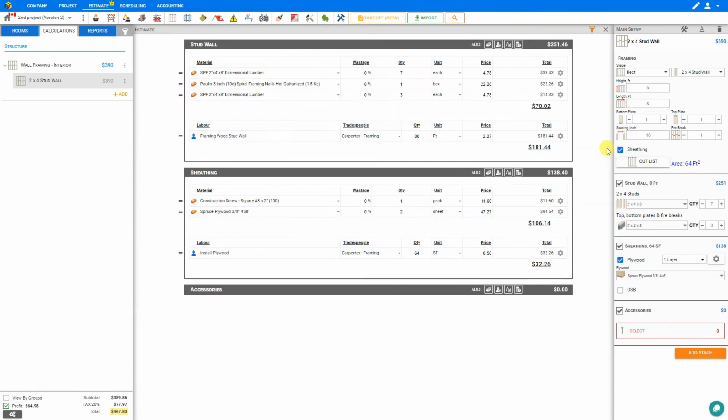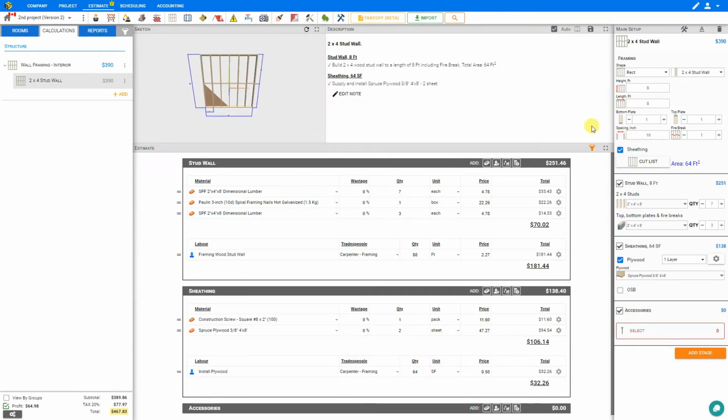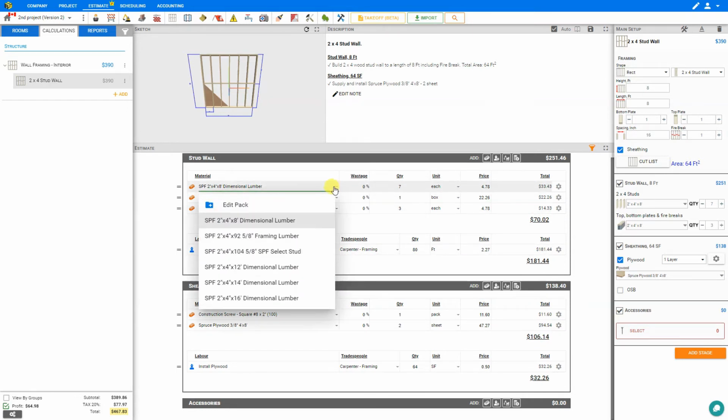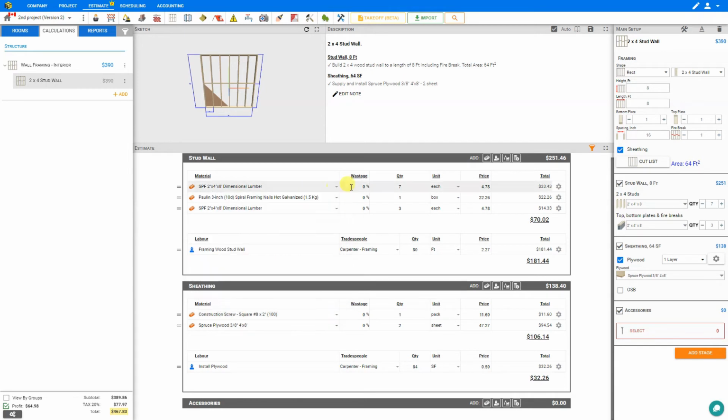And we can expand this as well to show our estimates on the full screen. And again, as we fill out our various information here, the estimate will be automatically updating with all the materials, labor, plant and tool, and other costs that we need to complete that stage. You also have the option of selecting from the drop-down to change the materials. There's a column that shows the percentage of waste, the quantity of materials needed, the price per unit, and the total price. If you're able to get any of these materials cheaper, you can go ahead and just simply override that price. And PriceAJob will highlight that overridden value in yellow as a reminder to you that you've overridden this